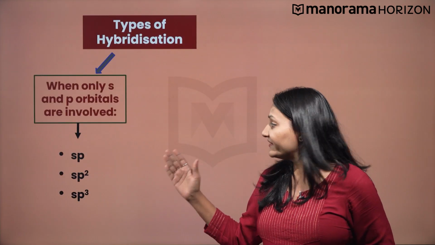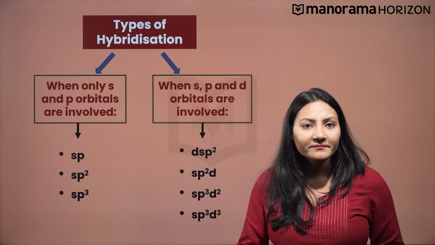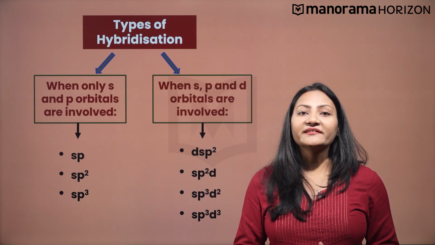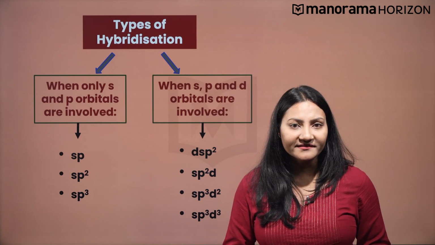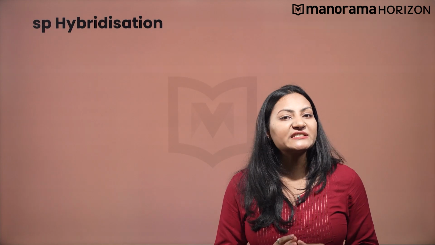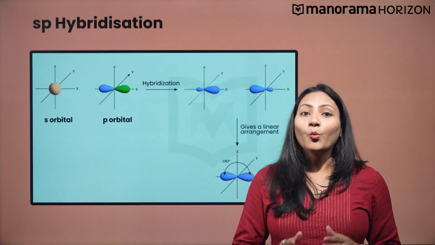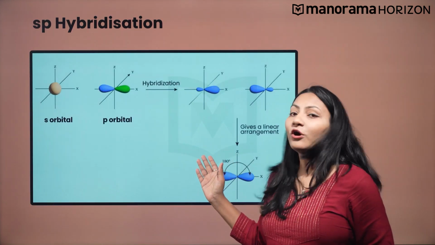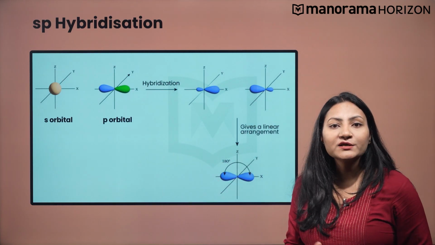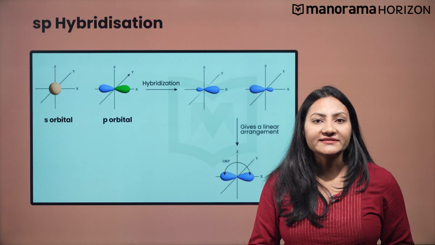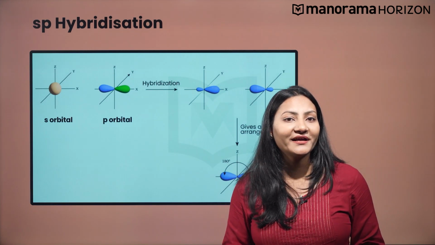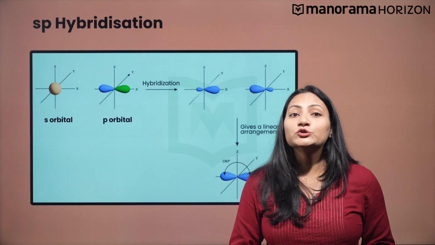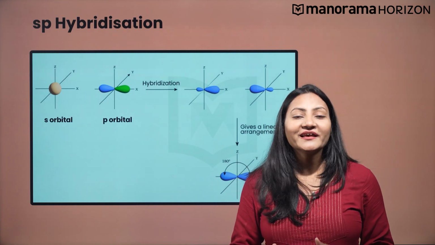There are various types of hybridization involving s, p and d orbitals. In this session, we will discuss the hybridization involving s and p orbitals. We will start with sp hybridization. Here, one s and one p orbital overlap to create two sp hybrid orbitals. A molecule in which the central atom is sp hybridized and linked directly to other atoms possesses linear